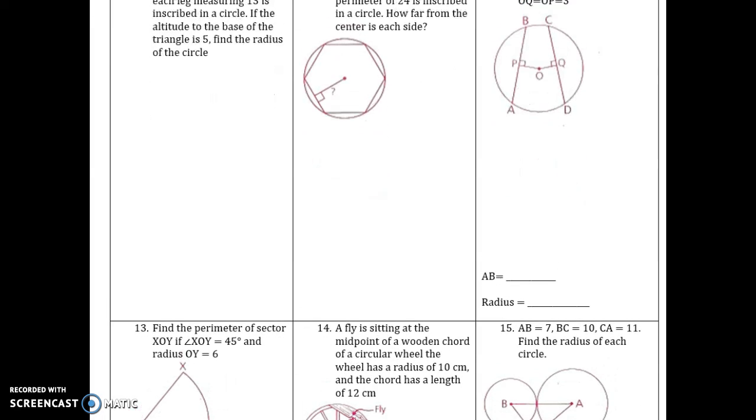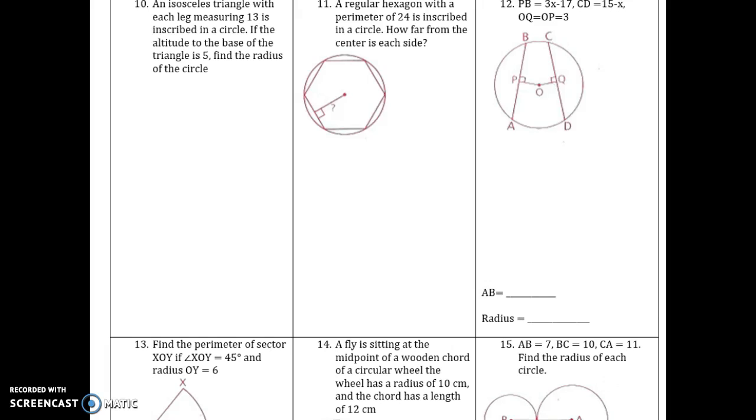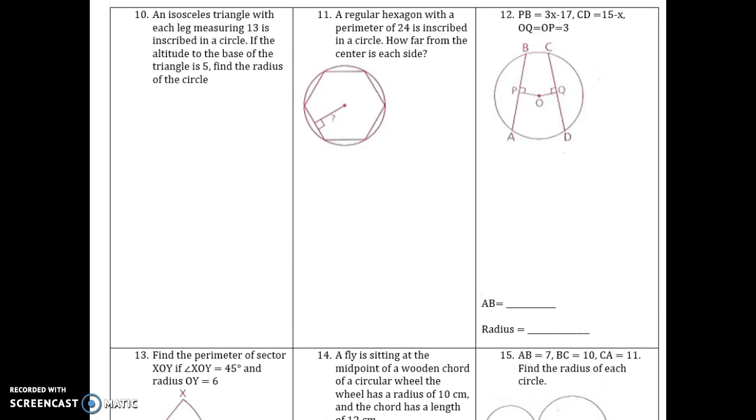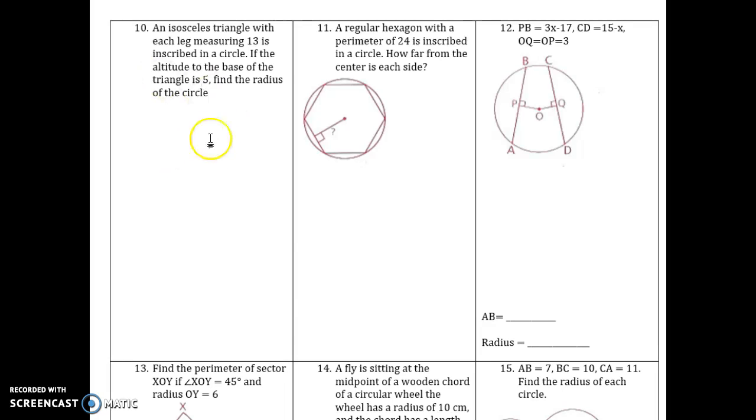So this next one, number 10, is a little bit tricky. There won't be one that challenging on your test, but we can still talk about how to do it. When you're looking at this, it says you have a triangle inscribed in a circle. So you might automatically think that you need to draw this shape,